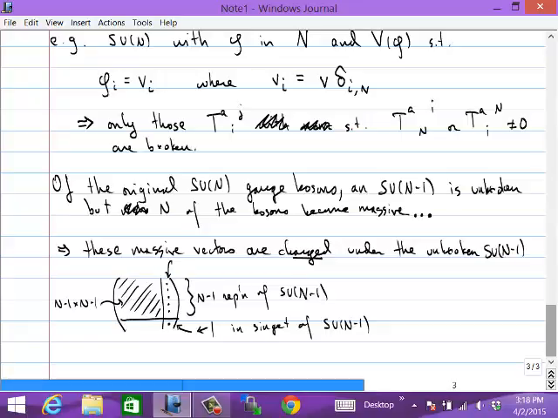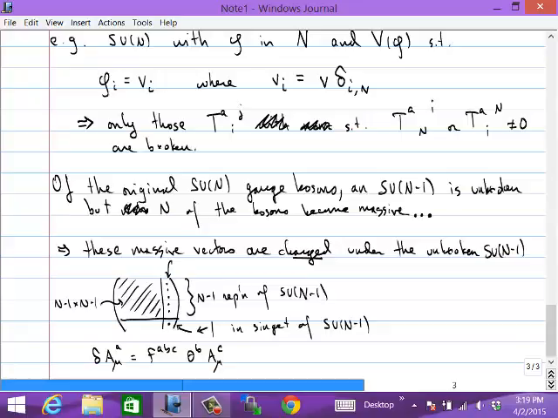But the point is that the gauge bosons A mu transform under a gauge transformation as f^{abc} theta^b A^c. These f^{abc} are the structure constants of the gauge group, but can also be regarded as the representation matrices